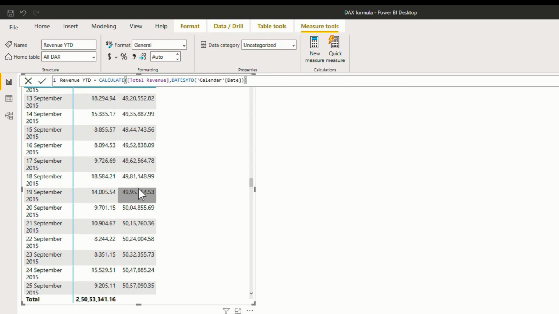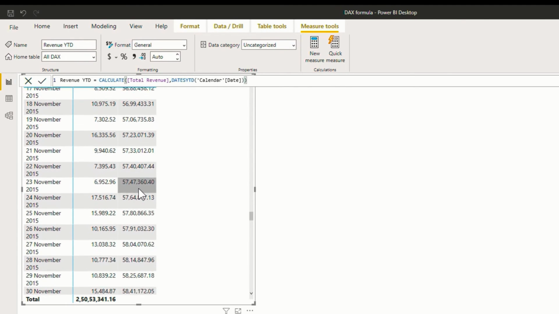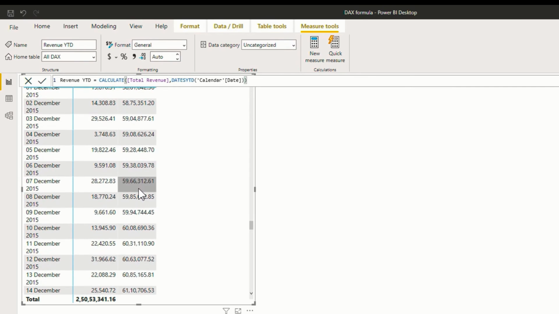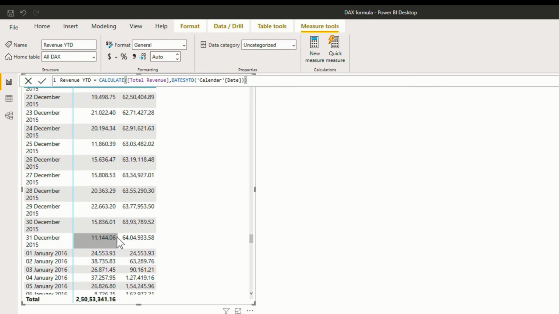Now if you scroll down to the end of the year, so let me just scroll down to 31st December. Okay, and here we are. So here you can see that for December 31st, it is the aggregate of revenue for the whole year of 2015. Now when we move to the next year, that is January 1st, 2016, it is a fresh calculation.